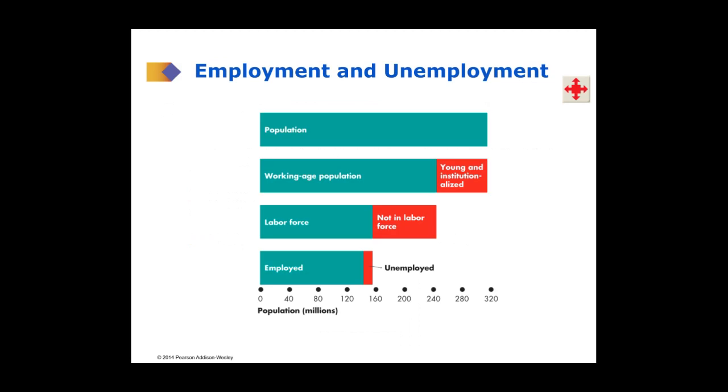And so if we look at this process on the graph here, we can see we start with the population, 330 million. We divide the population into working age and people who are not in the working age population because they're too young or they're institutionalized. We take the working age population and further divide it into the labor force, people who are working or people who are unemployed, and people who are not in the labor force, not working and haven't looked in the last 4 weeks. And so the labor force gets divided into employed and unemployed. So you can see we go through a number of steps. We divide the population a number of different ways to arrive at categories, which we can then use to make